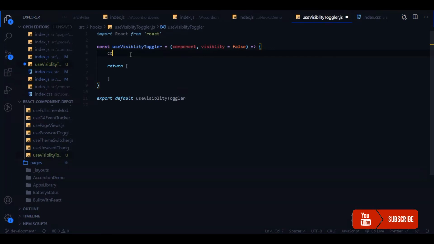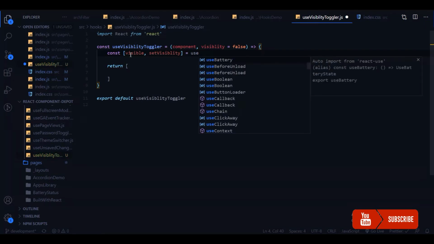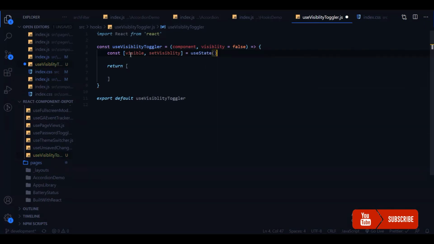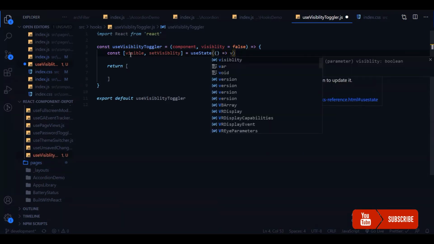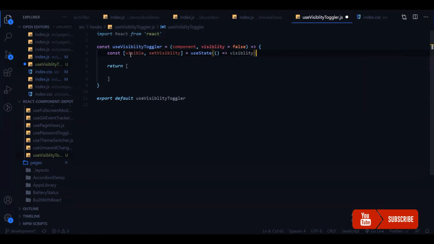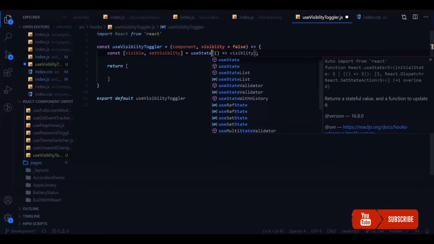So we will also maintain an internal state to maintain the visibility. So we'll use the state hook here, and we'll pass this default visibility to that. So by default whatever the user passes will be the default visibility of that particular component or element. So now we'll import this use state.